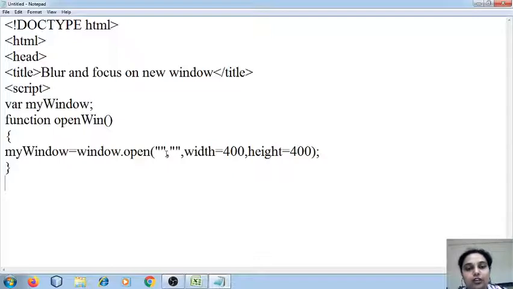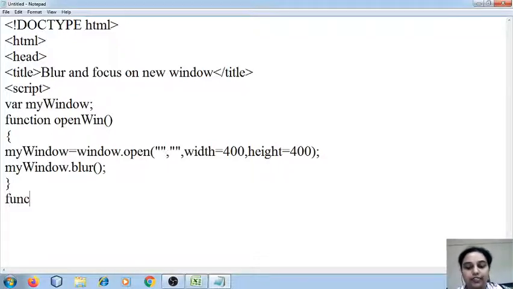If I specify the URL, that particular window will be opened. Now, the next thing I want to do is, after I create the window, I want it to be blurred. So I'm going to write myWindow.blur. I'm going to use the blur method of the window object.